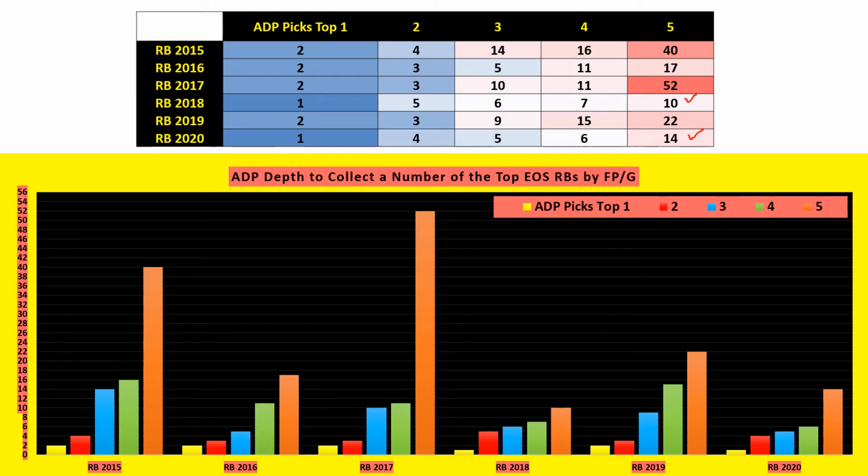3 and 4 look a lot alike to me when I graph them. Okay, you may have to go down to the mid second tier, right, to the 16th pick. And to make sure you grabbed all 5, again, you're down to, in 2017, 52nd running back to finally grab the top 5.